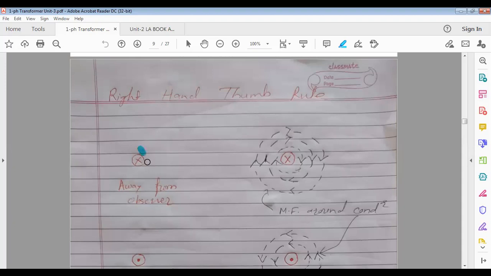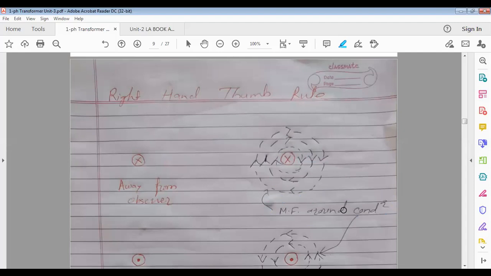So here, apply the right hand thumb rule. Point the thumb away from you and wrap the fingers. In which direction are you wrapping the fingers? Clockwise or anti-clockwise? Clockwise, very good. So the same will be the direction of the magnetic field produced around the current carrying conductor. All of you can see here, this is the conductor carrying current away from the observer, and the magnetic field produced around it is represented by a dotted line, and its direction is clockwise. Okay, is this clear? Magnetic field? Yes, ma'am. Okay.